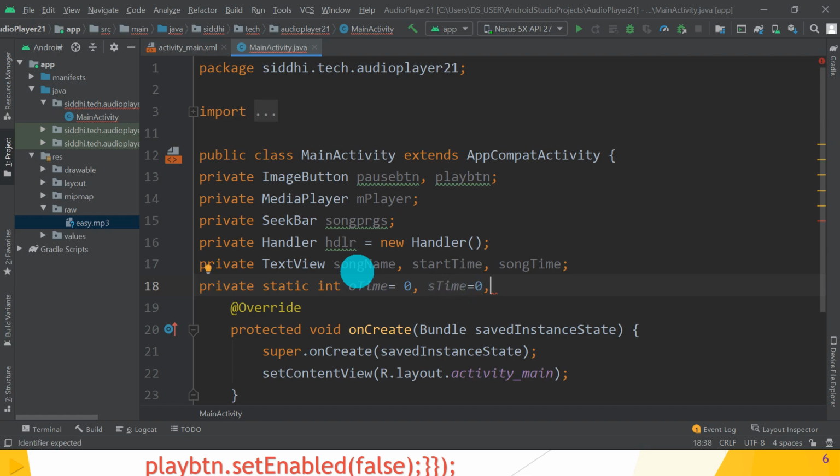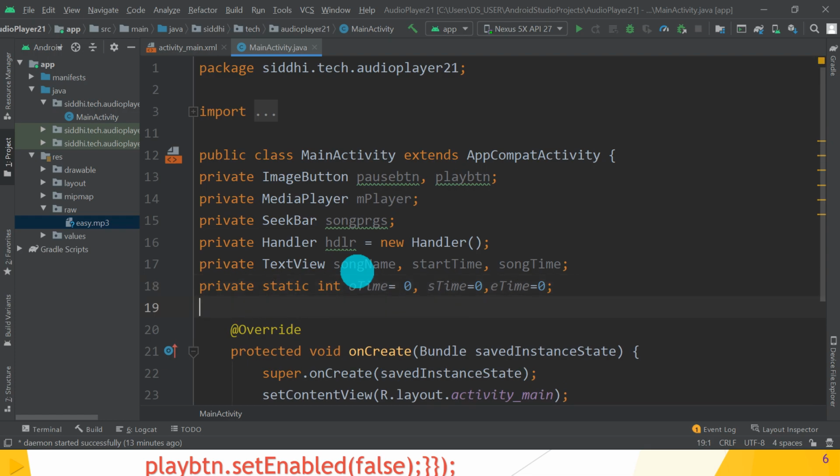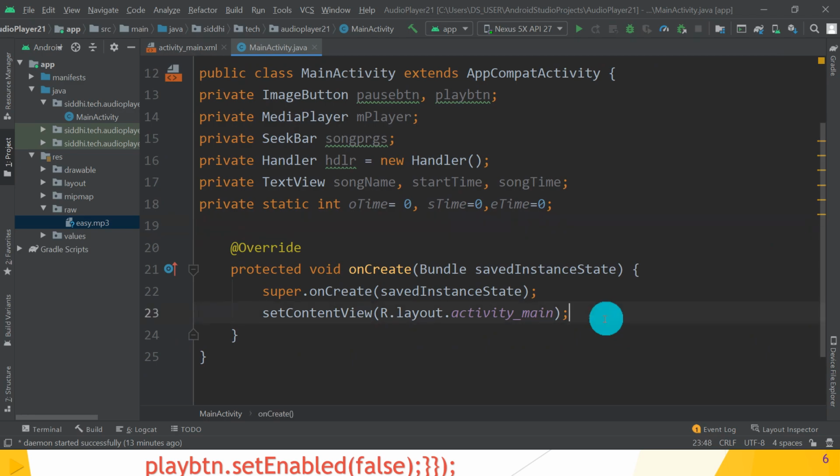Then end time, initially assigned the value 0. Great. So we have created three integer static variables, that is oTime, sTime, and eTime, start time and end time. Guys, hope you understand. Great. So let's move to the next part.